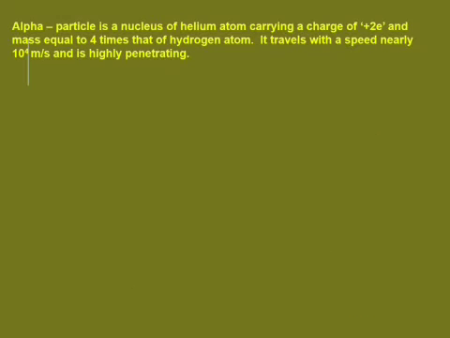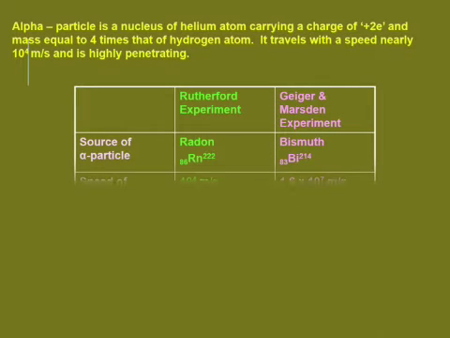The first observation: most of the alpha particles passed through the gold foil in a straight line. He concluded that the atom has mostly empty space. Some of the alpha particles scattered, because of the effect of positive and negative charges. So the scattering is done because of this, and some are deflected. So there is something inside the atom, a nucleus also, because of